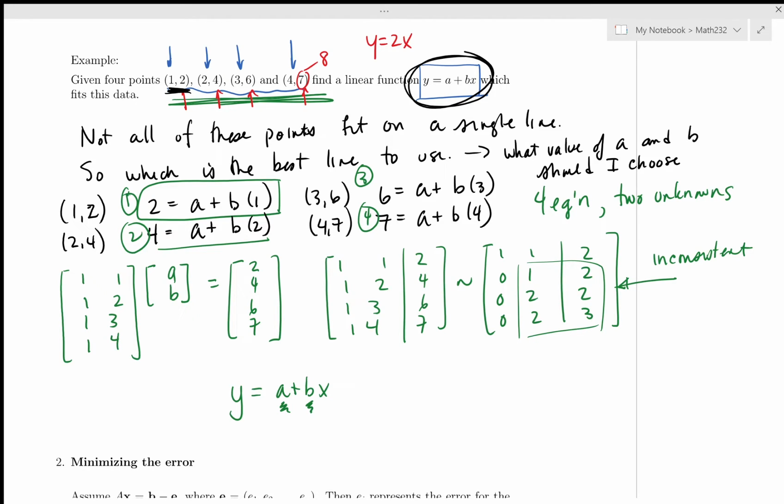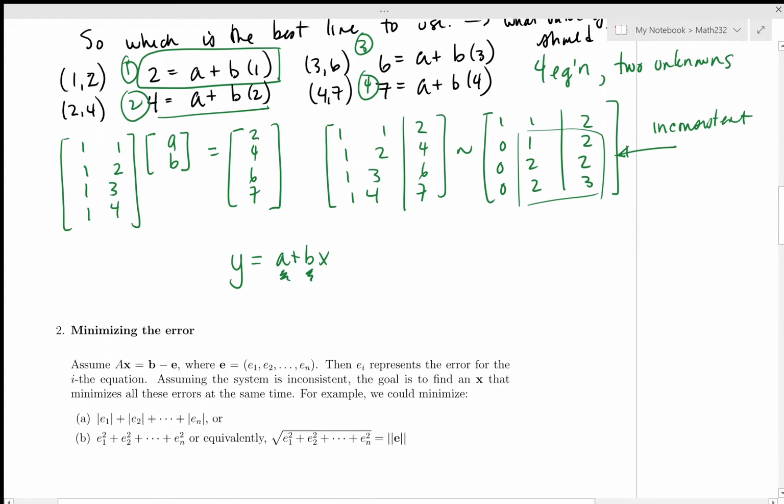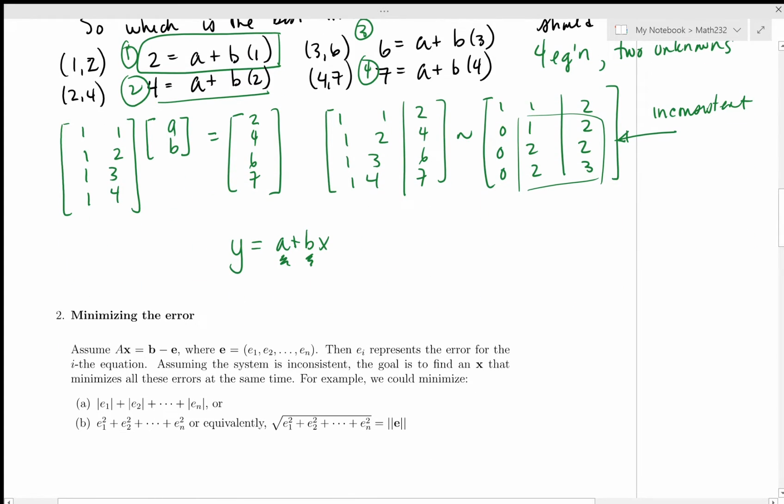Okay, so we're now going to stop this example. We're going to come back to it, and then we're going to talk about what to do to get an answer here when the system is inconsistent. And so the idea is that we will minimize the error. So we recognize that in our data there is some error, and so we will assume that